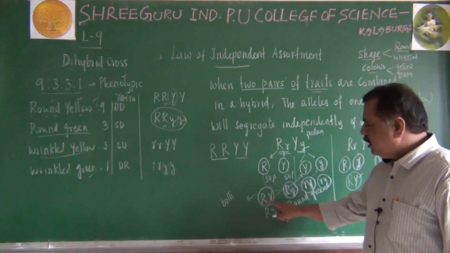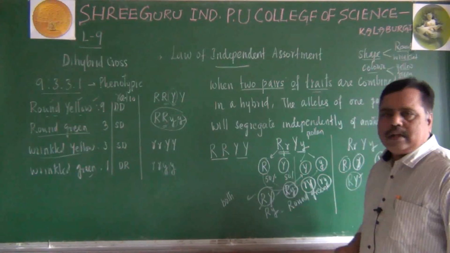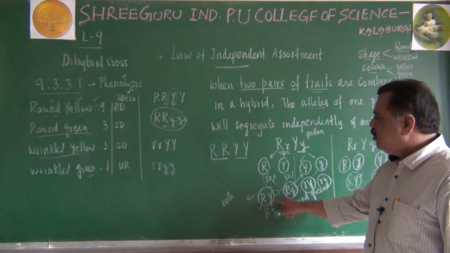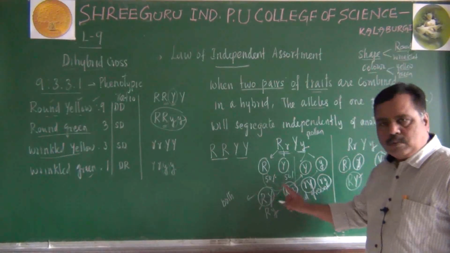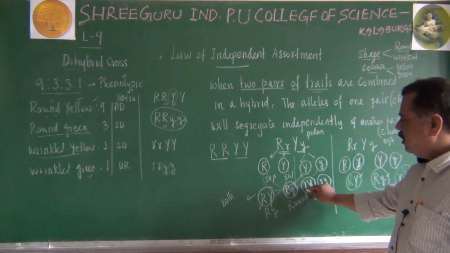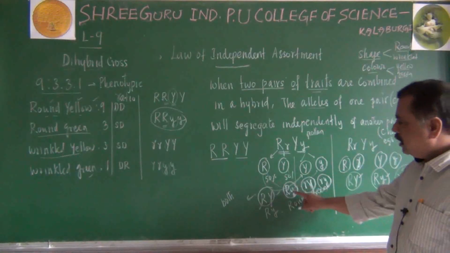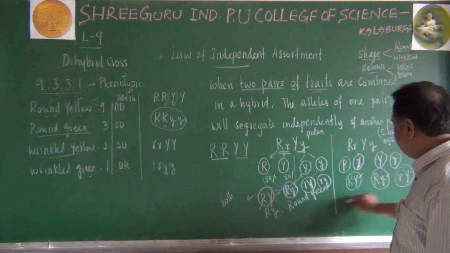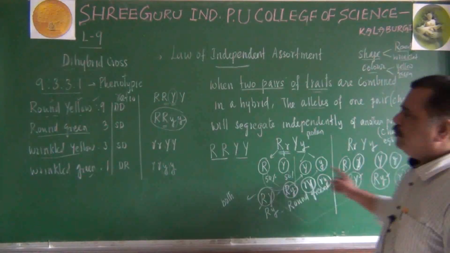Here in this gamete, it has one allele for shape, another allele for color. When both are there, it will be called a dihybrid cross. Now capital R, capital Y gamete is possible. Capital R, small y gamete is possible. Small r, capital Y, small r, small y. This is possible. That is why they are able to join with another opposite gamete here,